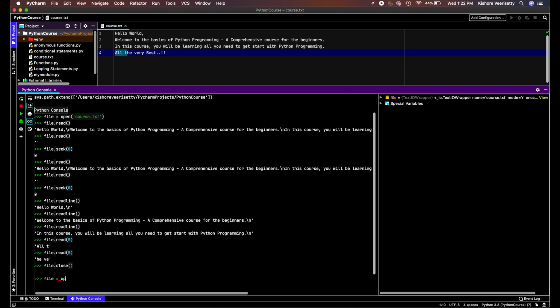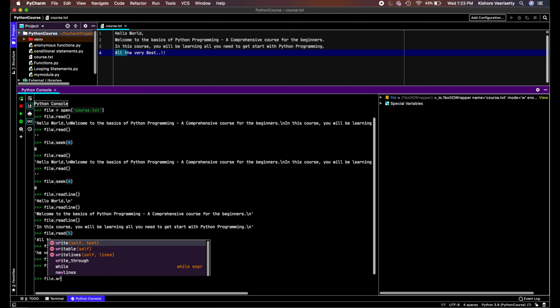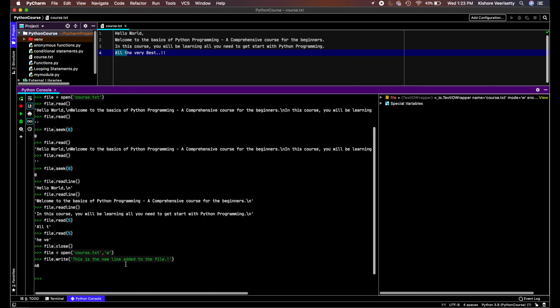file equal to open course.txt comma, the type of the mode I want, that is nothing but the write mode, using the character W. Okay, if I hit enter now, the file is in write mode. Now if you want to write some content to the file, you can use file.write, and inside the brackets just provide the sentence you want to write. This is the new line added to the file. Okay, so now if you hit enter,